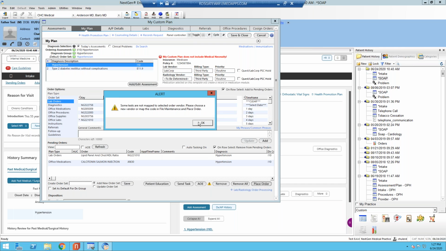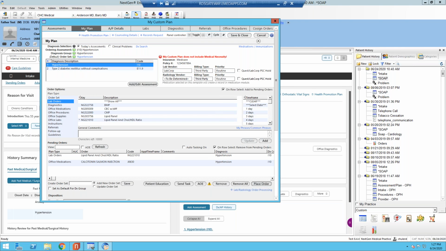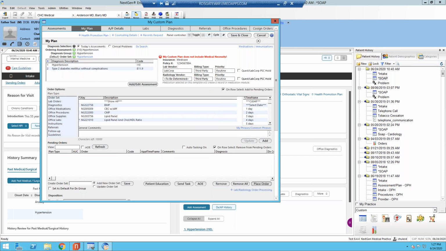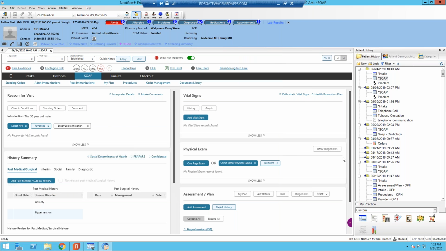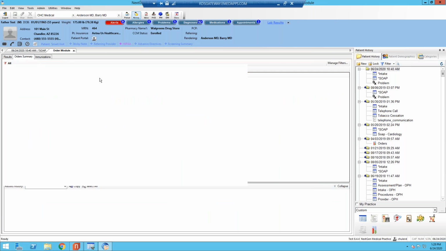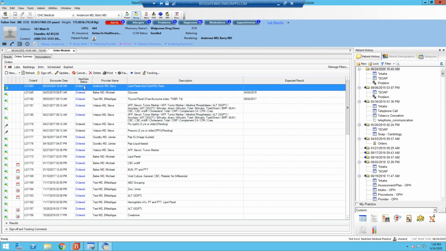So now what happens is the medication is not matched, that's why that shows up there. So we're going to go ahead and hit OK. Now you'll see that everything is processed out of the window for you. And then if we wanted to, we can close out of here now. We can go to the orders module, and you'll see that in the order summary, Barry Anderson just selected this lipid panel, and it's automatically gone here, and you don't even have to worry about processing anything any further. Okay,